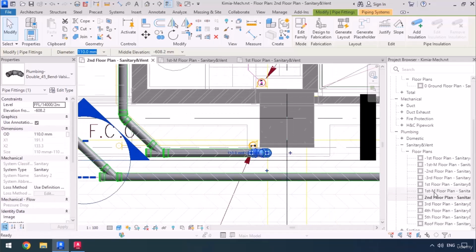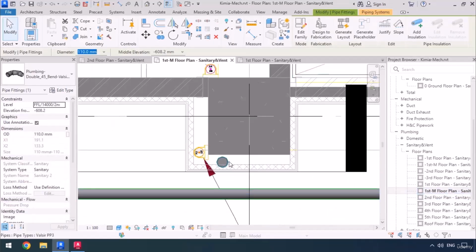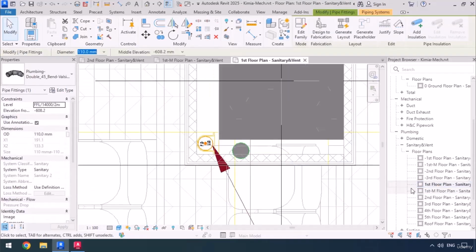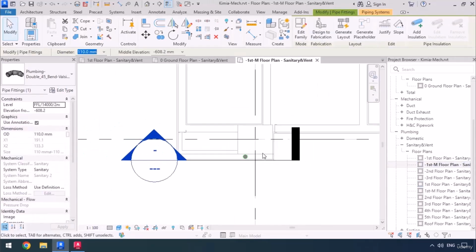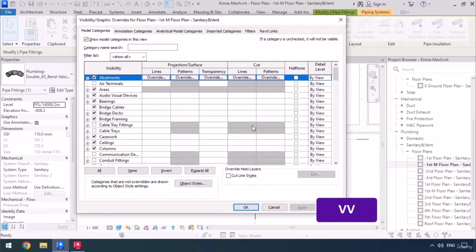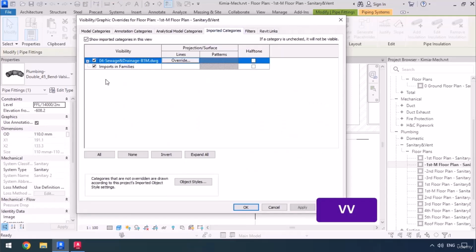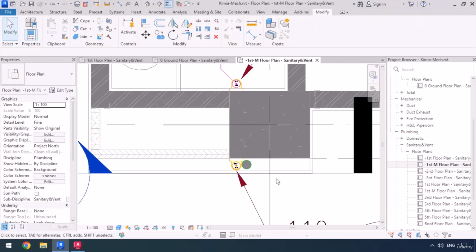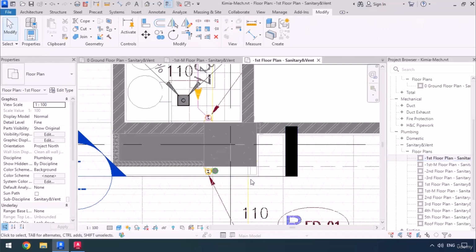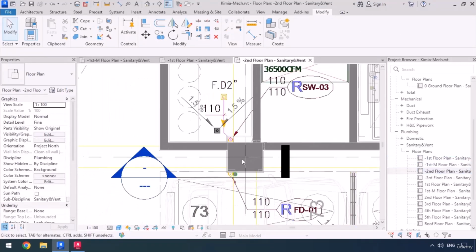Now let's go check in the lower level, in the first mid. Then we can see the pipe has moved here, and the column cover will cover it as well. Let's go lower to the first floor and see that the riser is fine. And now let's head to the negative first mid, where again the riser is in front of the column. Now let's hit VV to turn the plan back on. Imported Categories, check visibility, click OK. And now it's much closer to the plan's demonstration. In the negative first, it seems fine, and it has to be the same in the negative